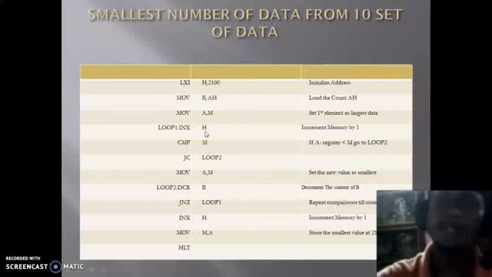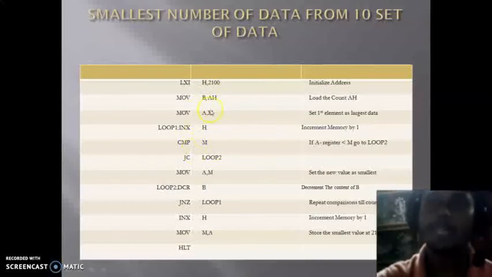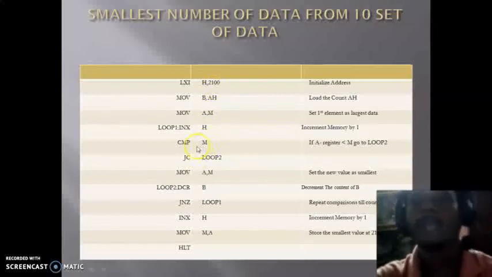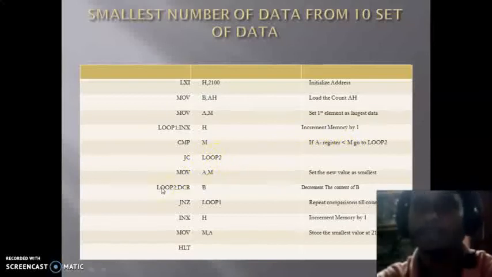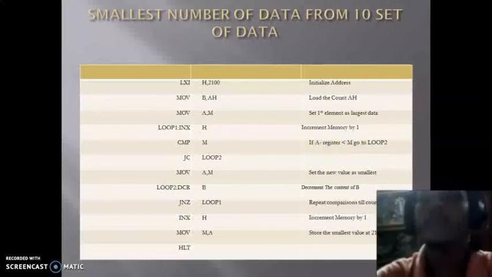If you write INX H, the HL pair will be incremented by 1, and we will compare the content of A, that is 2100, with the next memory 2101, to check whether A is less than M or not. If it is less than M, the carry is generated. At that time the loop will be transferred here, and if A is greater than M, then M is smaller than A. So the content of M will be stored into the accumulator,